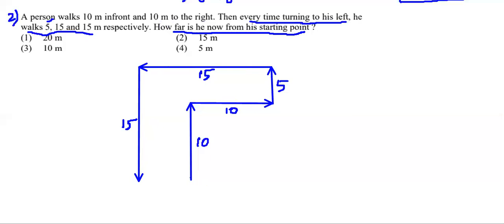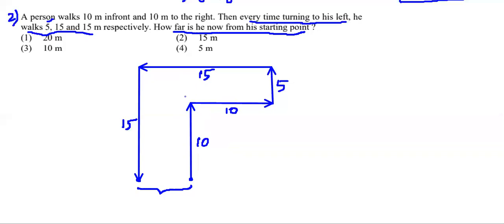So the person is going to start from here and he is reaching this point. So how far is he away? This is all we have in this question. So let's just logically think and get the answer. It's going to be very easy. When we draw our diagram with a proper sense, that would itself help us to get the answer in a very easy way. Is it or not?